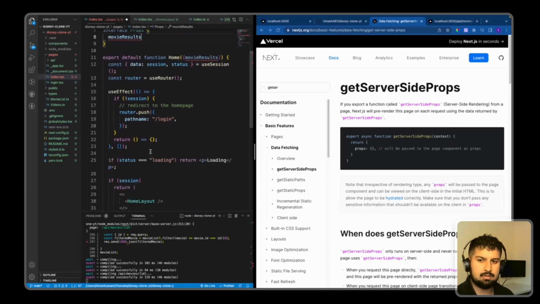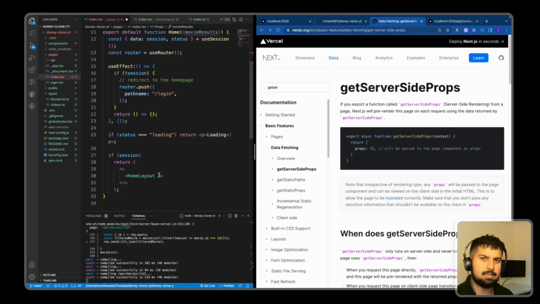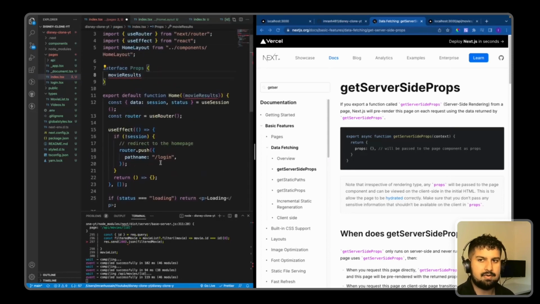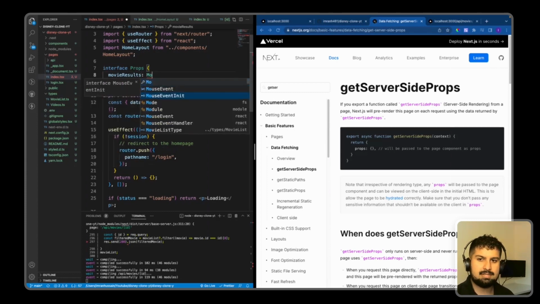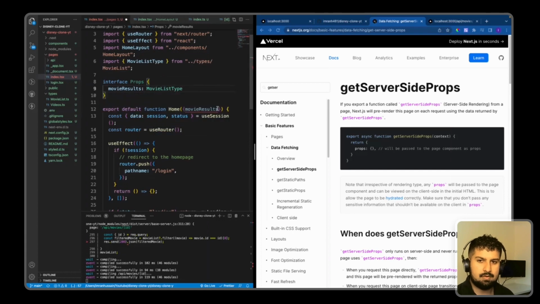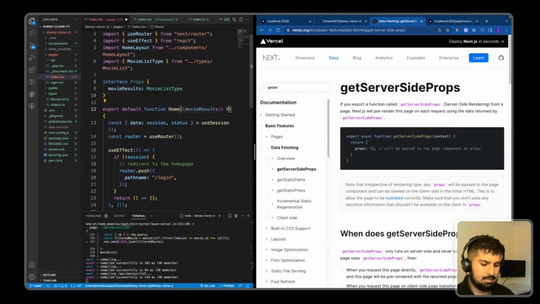And then what we essentially are going to do is pass this down as a prop into home layout and then render down the film rows that way. So this will be equal to movie list type, like so. But for now, we will just leave that, and I will explain getServerSideProps as it says on